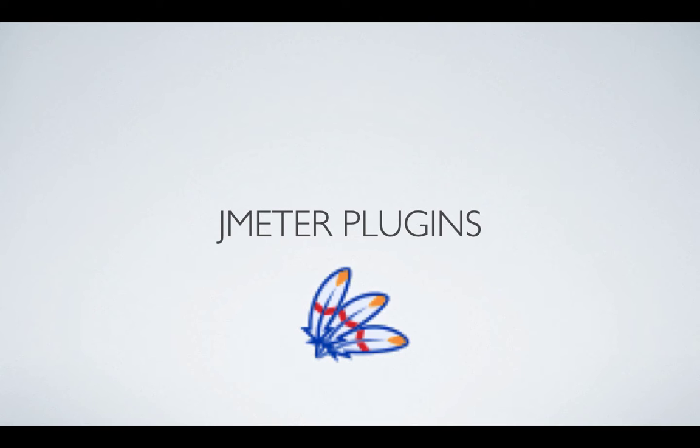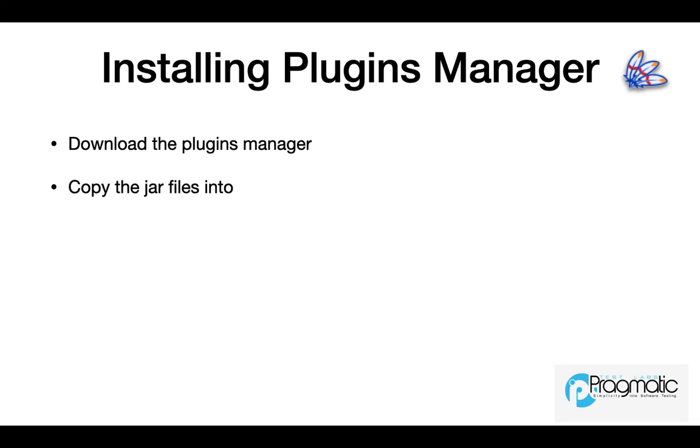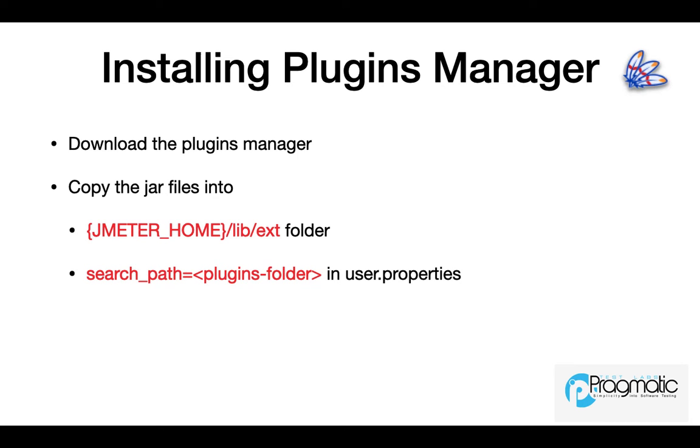In this short video, you will see how to use JMeter plugin manager. First, we will cover installing the plugin manager itself. What you have to do is download the plugin manager from the official website, the jar file, and then you need to copy the jar file into JMeter lib ext folder, which is the common case,